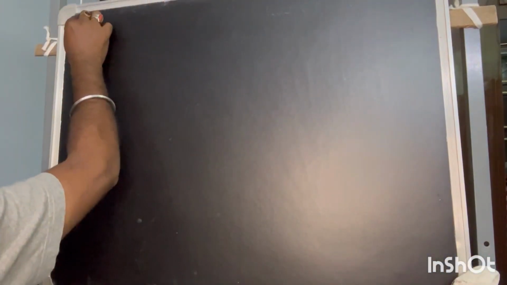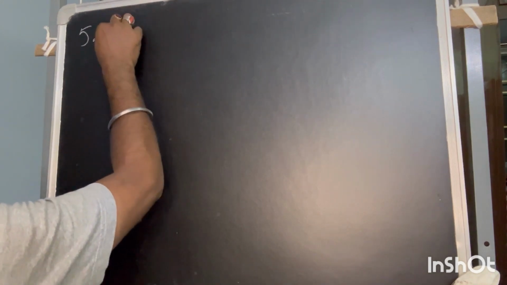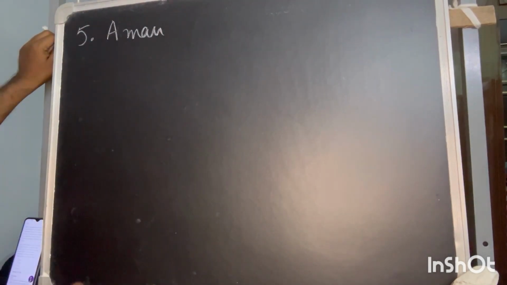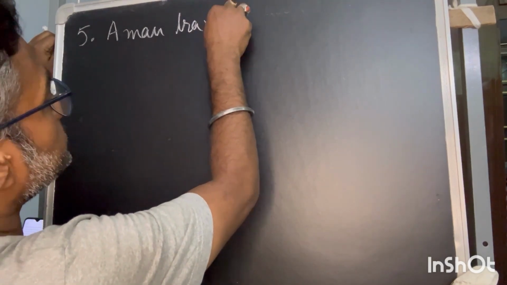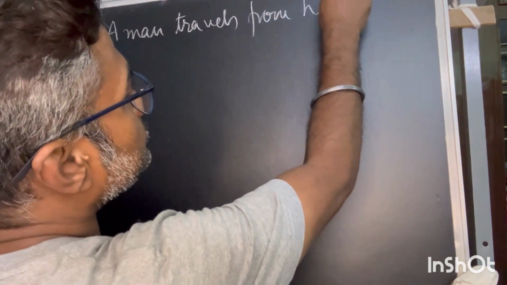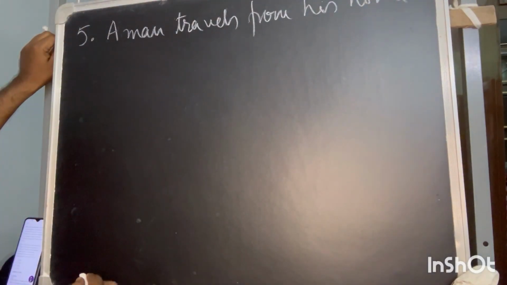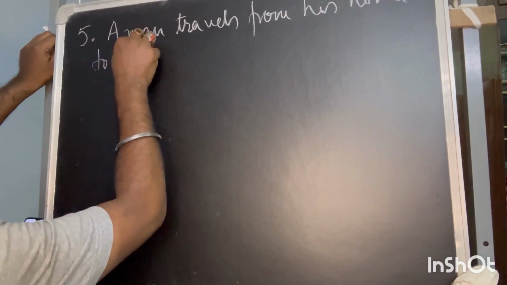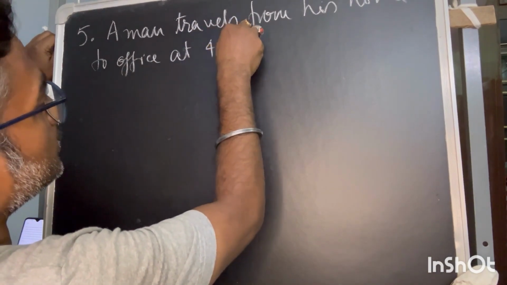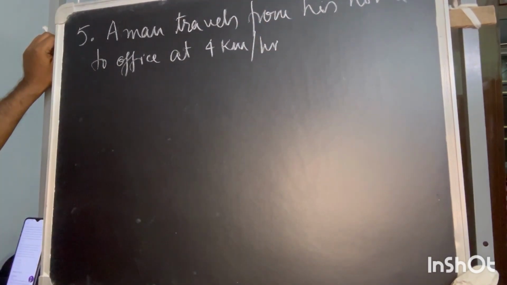Okay, moving to problem number 5. A man travels from his home to office at 4 kilometer per hour, and reaches